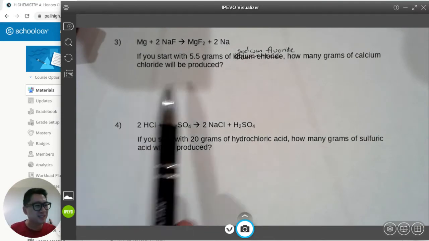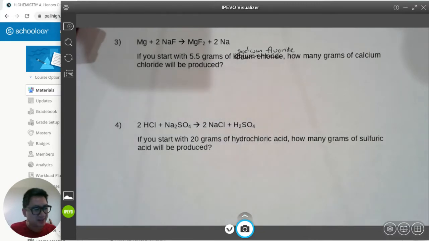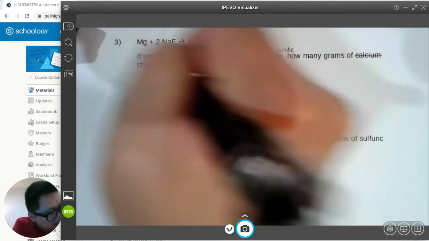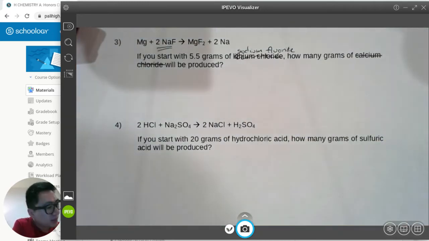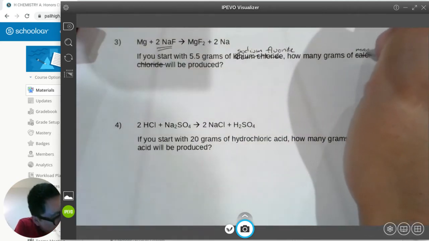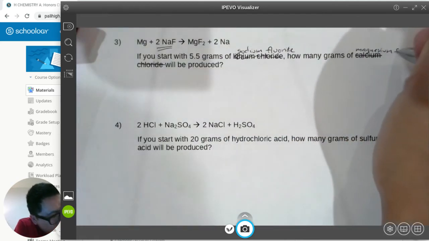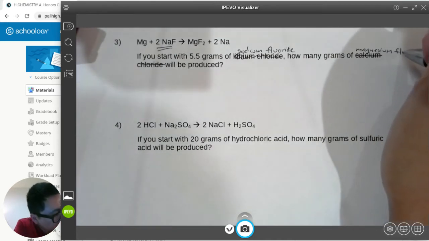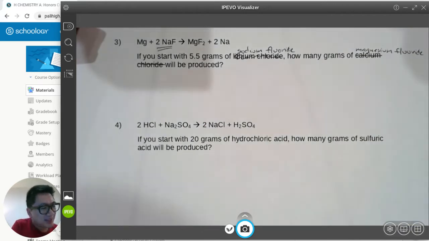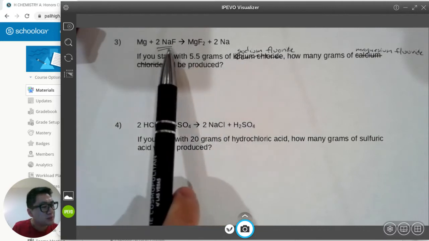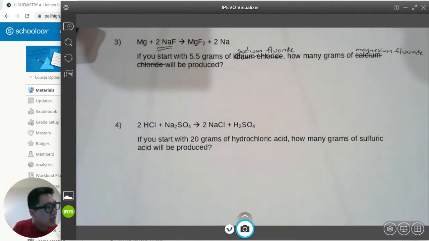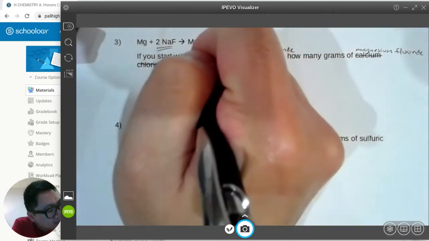Okay, so starting with 5.5 grams of sodium fluoride, I just changed the question. The question is, how many grams of calcium chloride? Okay, let's change that to magnesium fluoride because that also makes no sense. Magnesium fluoride. Okay, sorry. Okay, so let's start this again. If you start at 5.5 grams of sodium fluoride, how many grams of magnesium fluoride